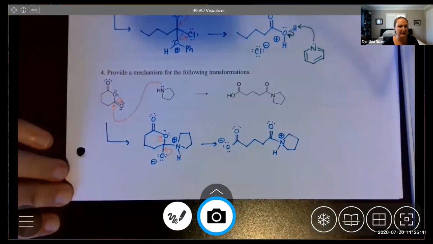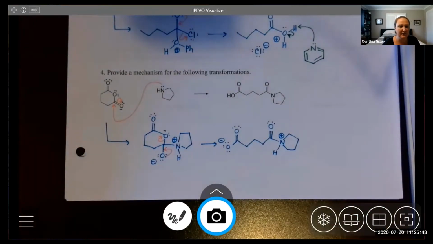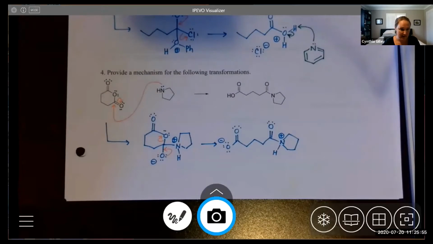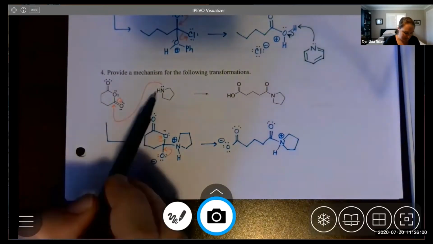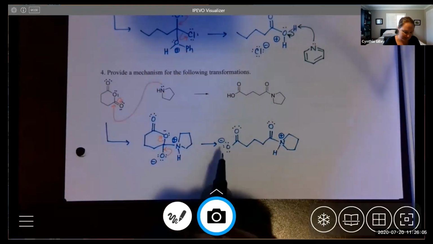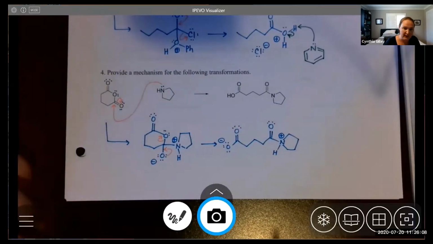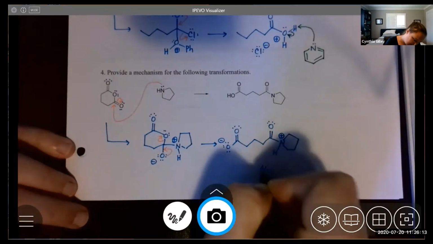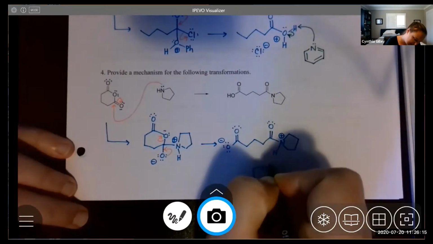Okay, so we did nucleophilic attack and loss of a leaving group there. And then to get to the product, all we need to do is a series of proton transfers. Basically, we need to lose the proton here and gain it over here. I'm guessing there's more of this around than the protonated version, so probably deprotonate first and then protonate second. But it could be the opposite order as well. Okay, so I'm just going to draw in the base in solution,